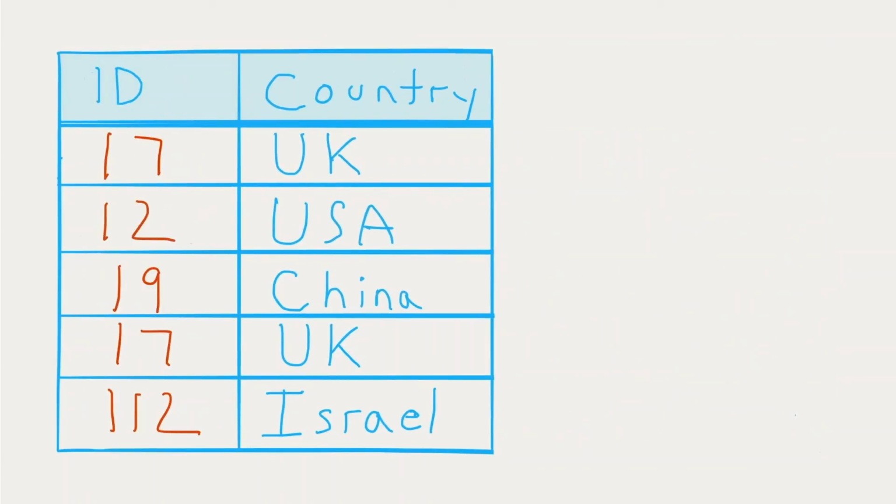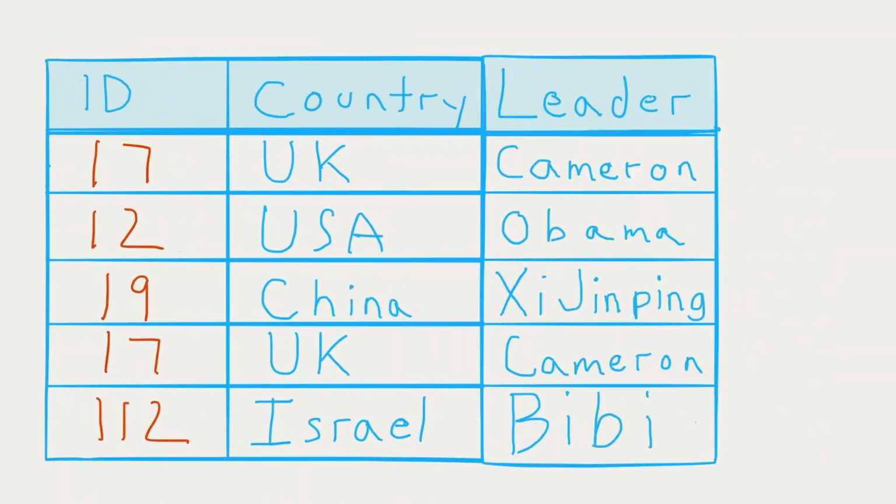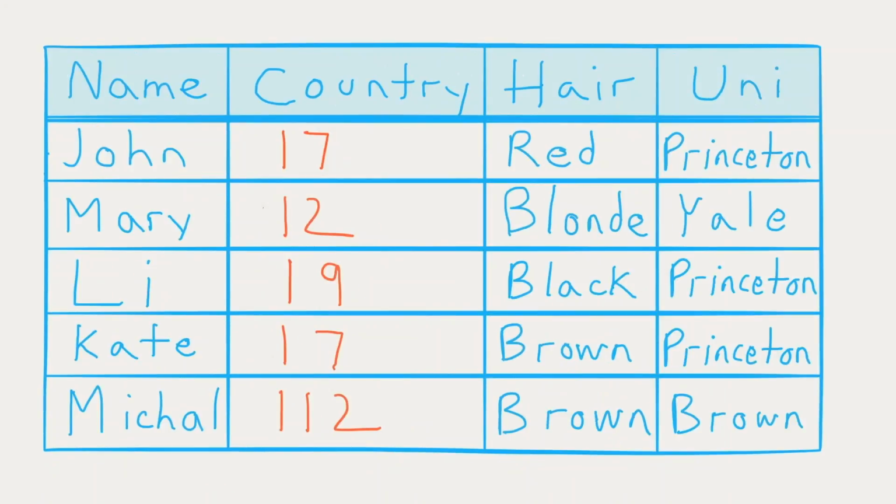You create a separate table for the country and an ID that references it. You have your leader. You could add these additional fields for the country and keep those consistent. And then you go back to your main table and you reference the country using this numerical key. And the table becomes better for your application development. You have your consistency, but at the same time you're losing the readability of the core data in your